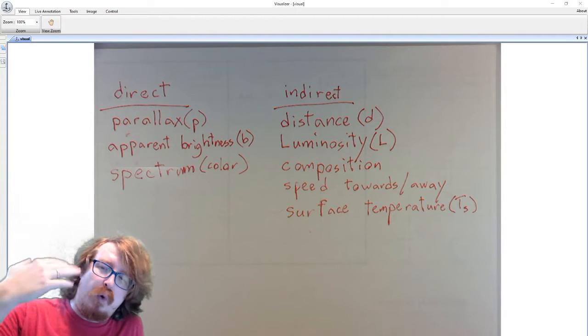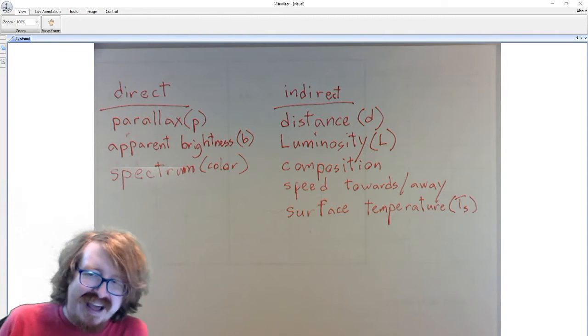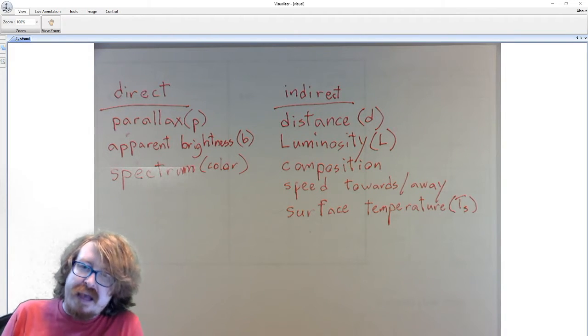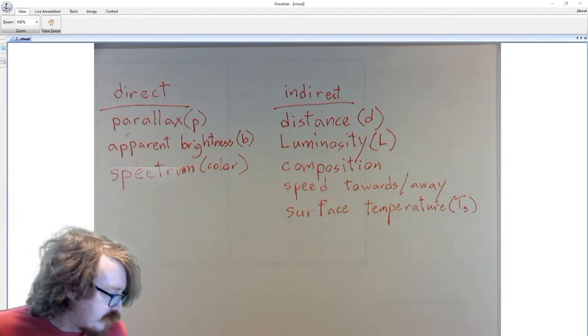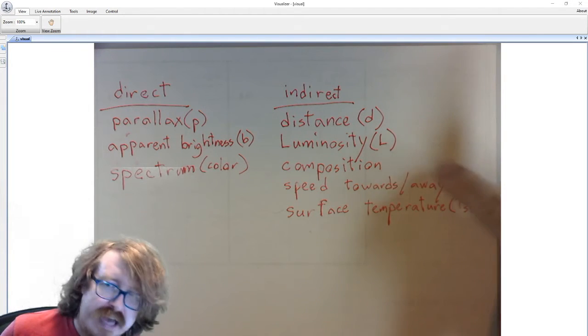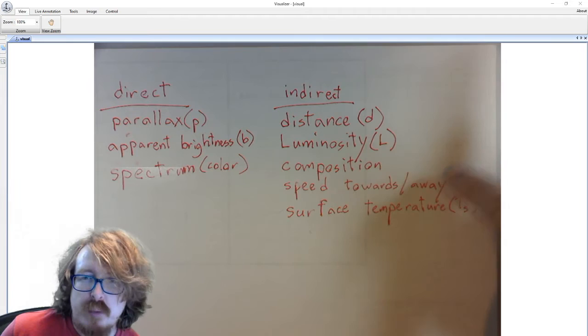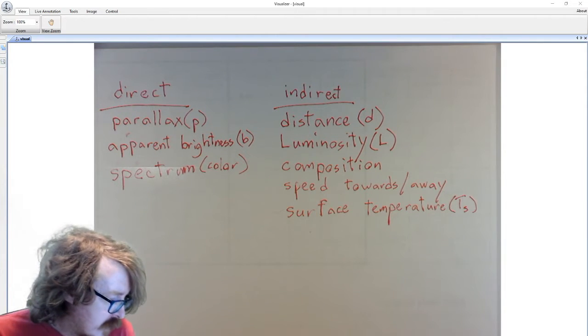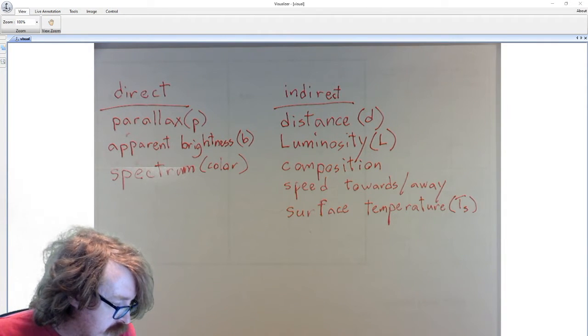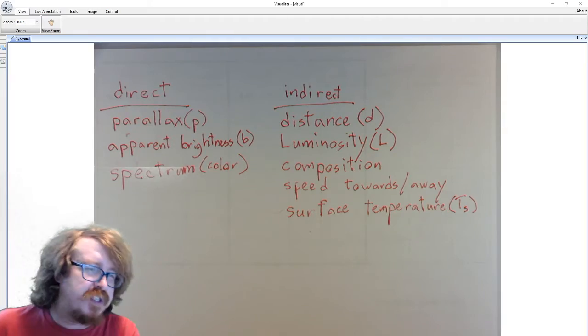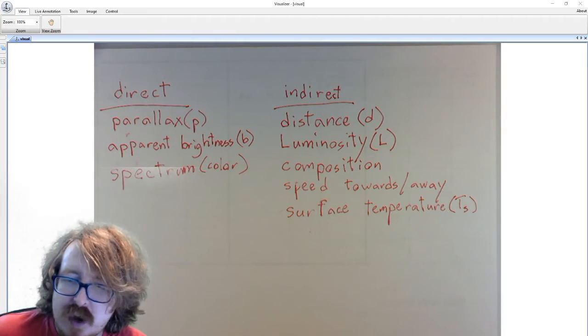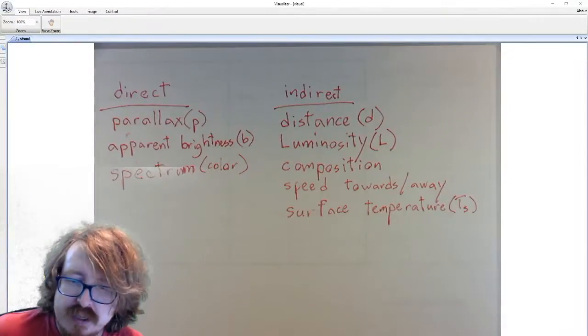We can figure out what the core is doing indirectly from that, but it doesn't come from the spectrum, okay? So here we go. We typically don't need letters for these because they're not going to show up in an equation. So here we go. In general, just to make sure we remember what the temperature tells us, if we look here,